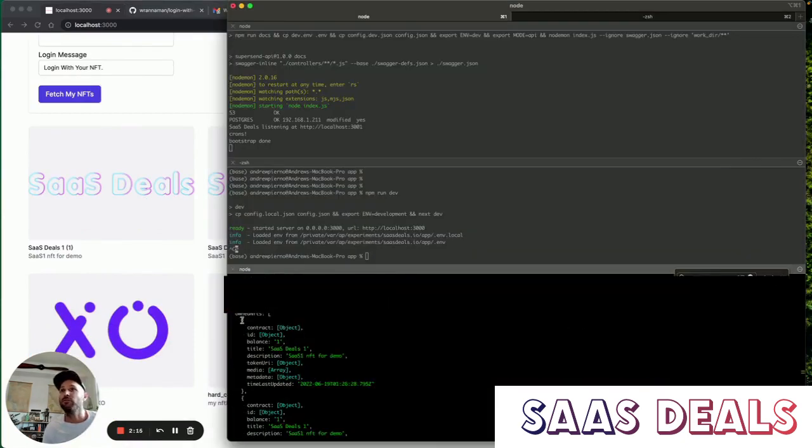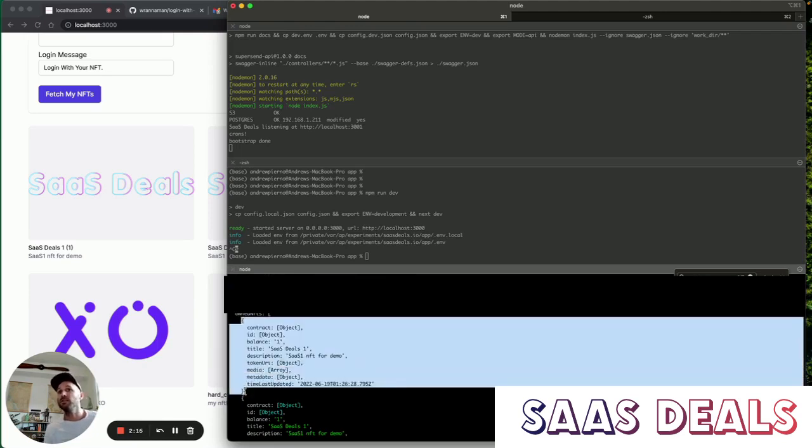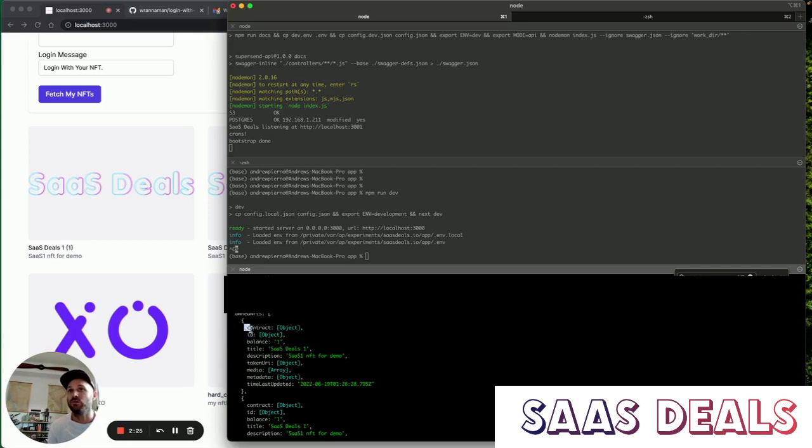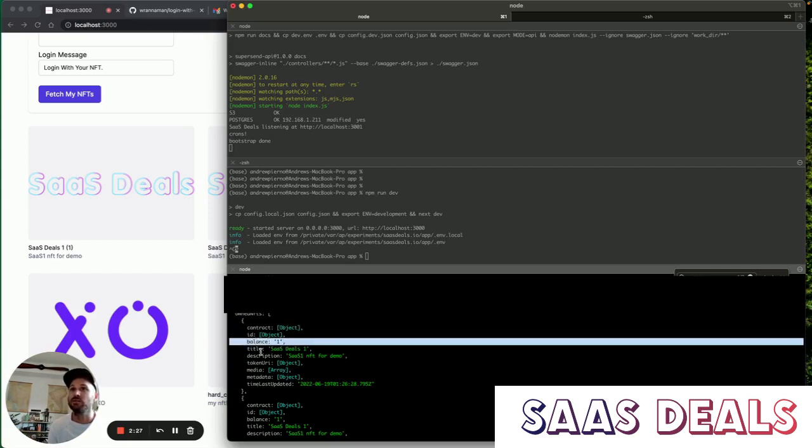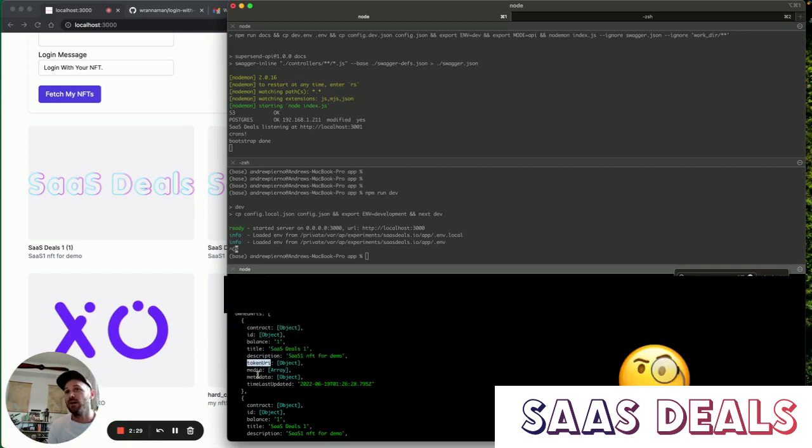Here's what one of the NFT requests looks like on the back end. When it comes back, you get a ton of information. This is actually querying Alchemy's API to get which NFTs you own. So you'll have to set that up as part of the setup, but it'll return the contract ID, balance, description,